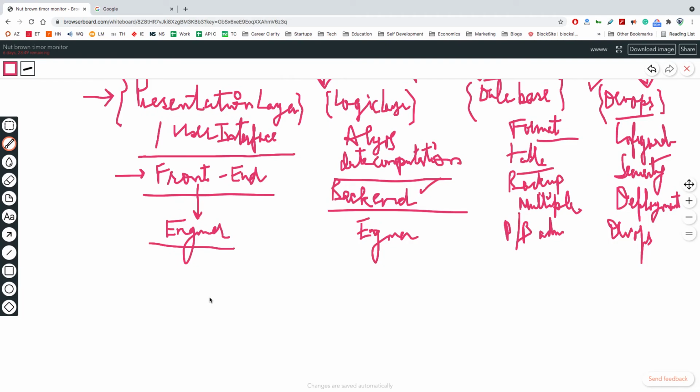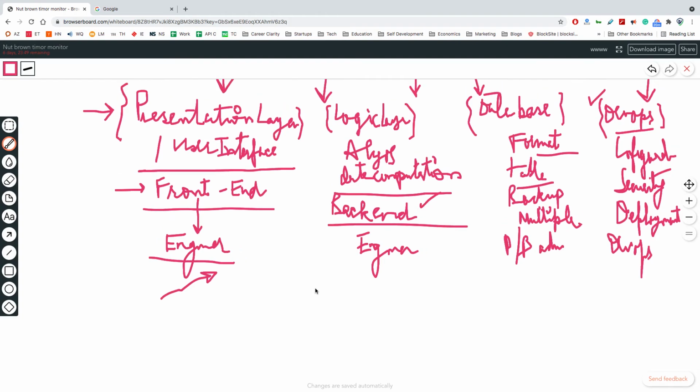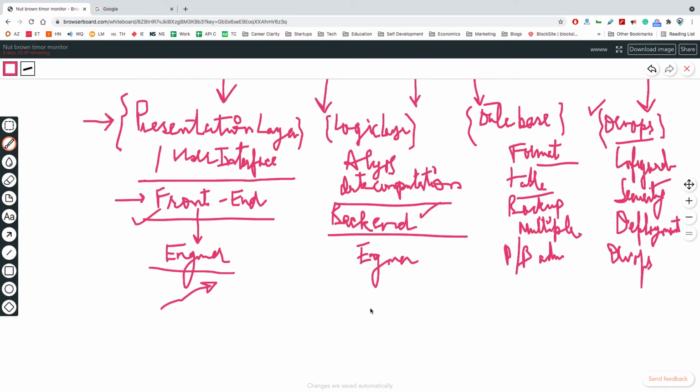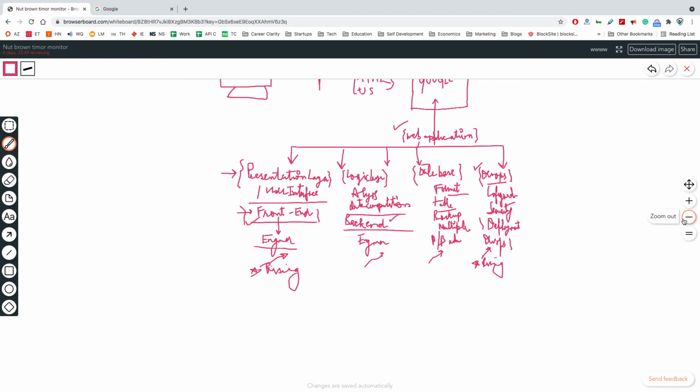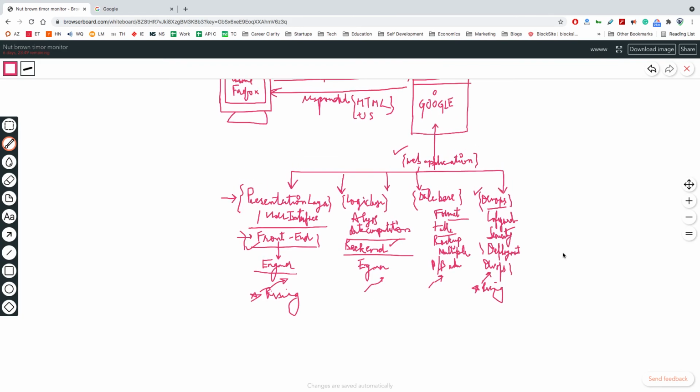And from the perspective of a job, all four are in a lot of demand. Mostly on the front end side there's a lot of demand, on the back end also there is a lot of demand, and database also. DevOps is something like a rising sector, not too many people know about it, and front end is also rising. Backend and database have been there for some time, so there's growth there, but mostly on the front end side the most lucrative jobs are situated, and in the DevOps sector. So this is in short the structure of a web application.